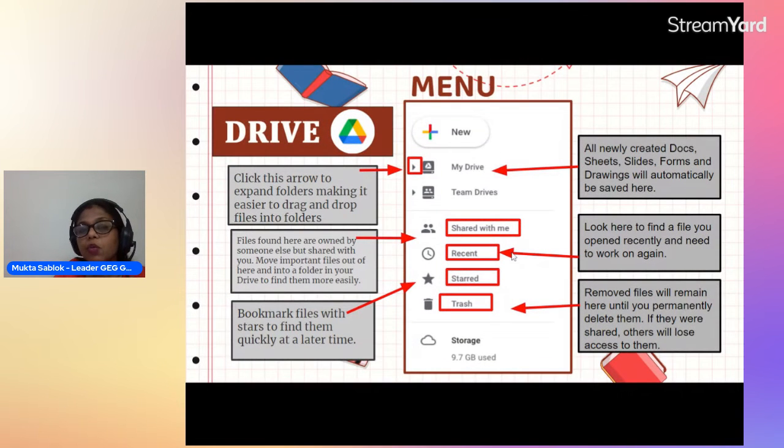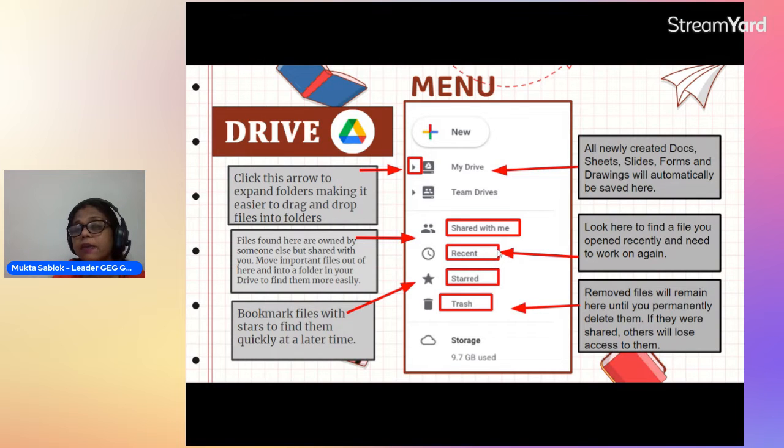These are the menus. First of all, this is My Drive. All the newly created docs, sheets, slides, forms, and drawings will automatically be saved in My Drive. This is an arrow. Click this arrow to expand folders, making it easier to drag and drop files into folders.